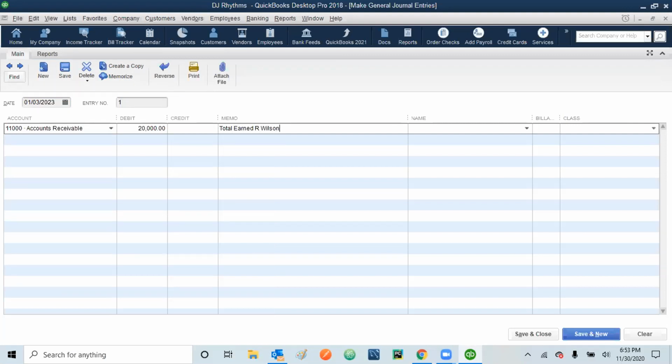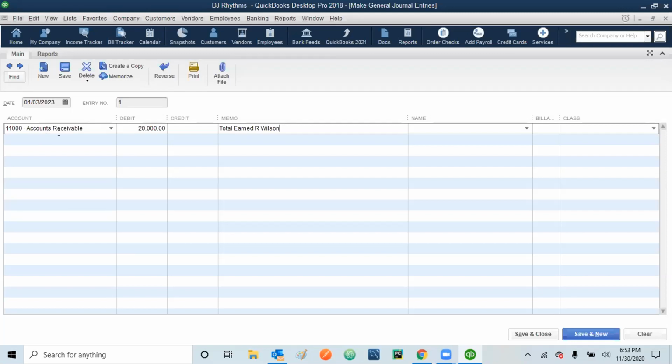Just to start with, I want to show you one more piece of information. Here we are doing the journal entries for a transaction that has happened with Mr. R. Wilson. We are selling some of our services to this customer, and the customer is not paying us right away. He has taken our services on credit, and once he gives us the money back, by check or any other way of payment, we'll update that part and reverse this account receivable. So we are learning how to do that part.